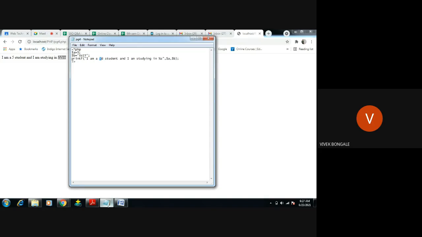What I will do, I will give a float value, like your grade card, say grade 7.8965 something. A four-digit value I have given after the point: 7.8956. Now I don't want to display all these values. Only a few points I want to display.